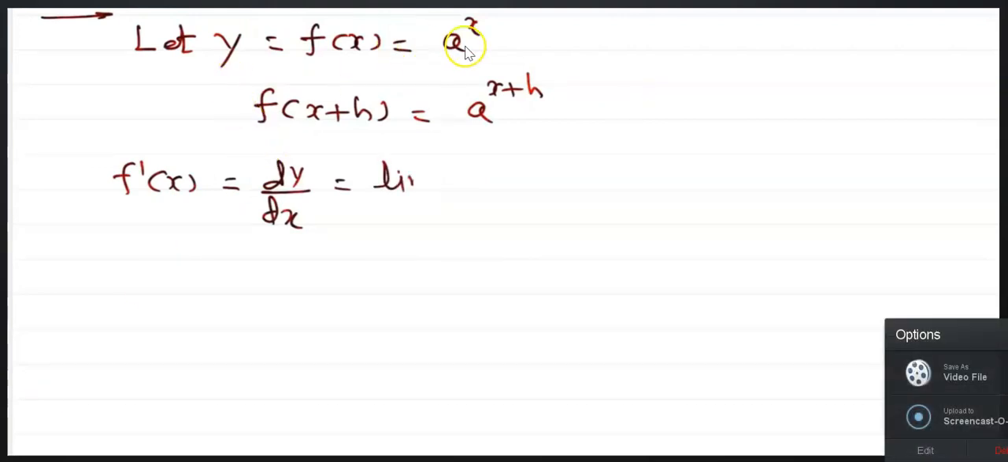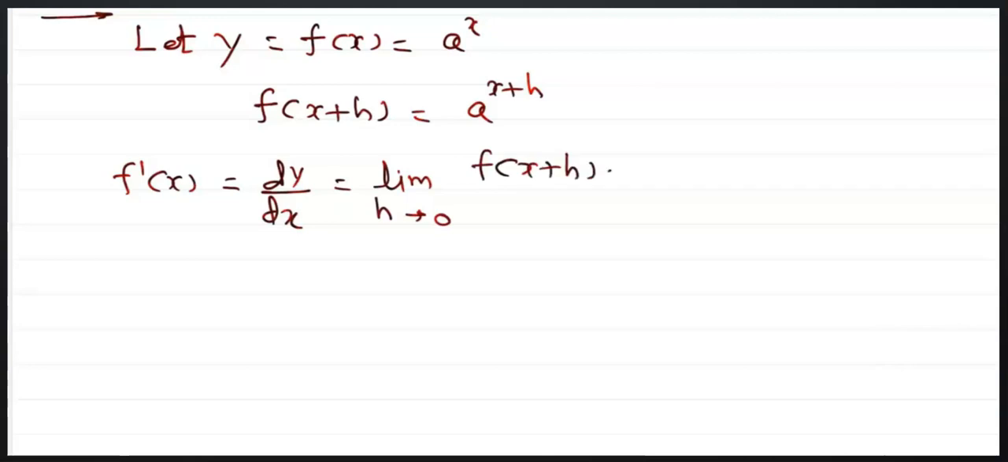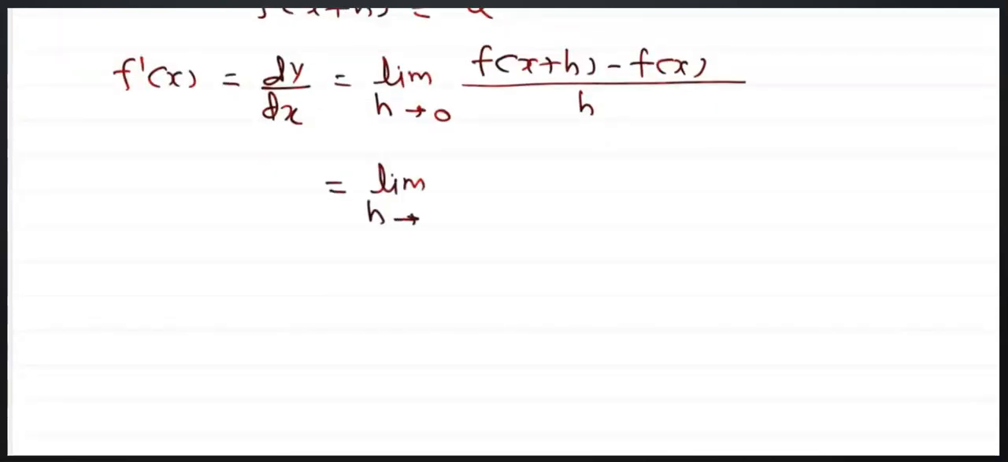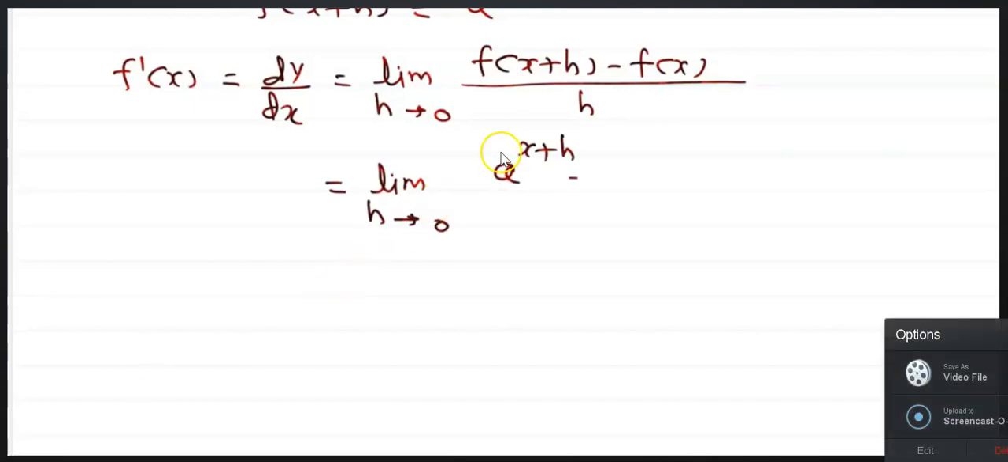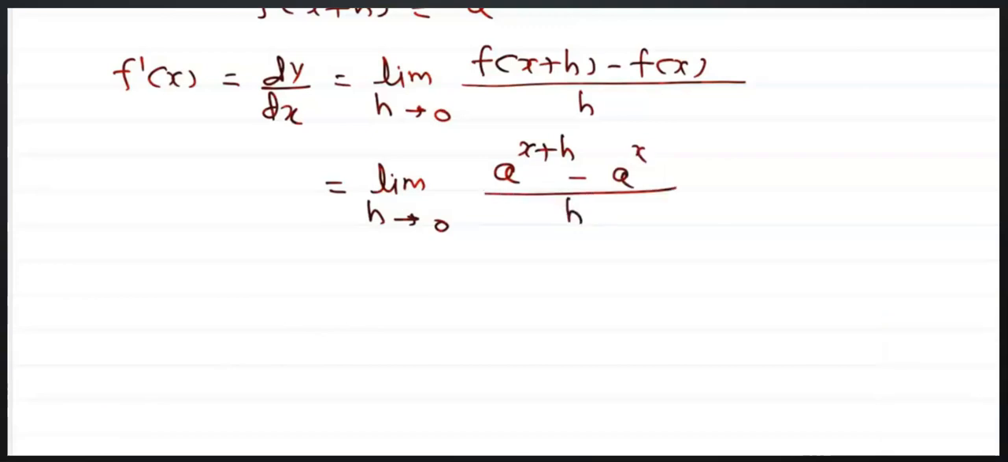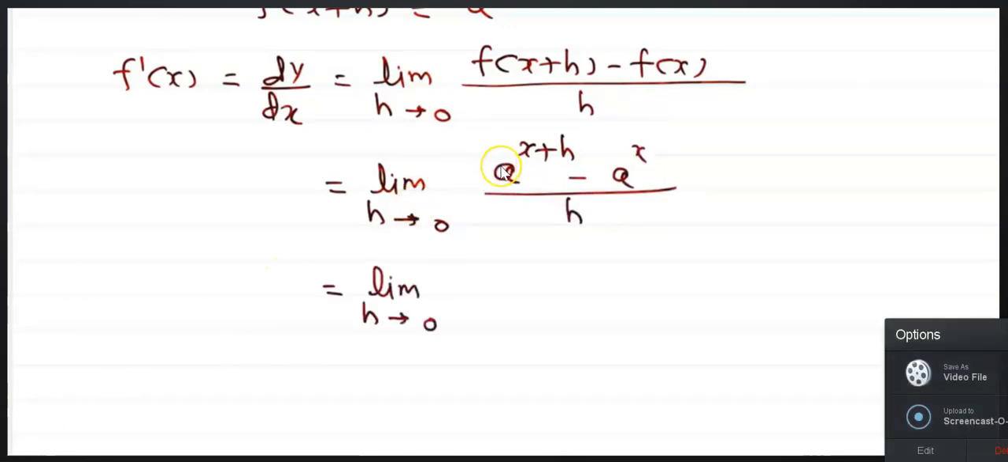Y is equal to f of x is equal to a raised to x. Then what is f of (x plus h)? It is equal to a raised to (x plus h). Therefore, f dash of x is equal to dy by dx is equal to limit h tends to 0 of f of (x plus h) minus f of x upon h. Therefore, limit h tends to 0 of a raised to (x plus h) minus a raised to x upon h. Now here we'll take a raised to x common from these two terms. Therefore, you will get a raised to x in bracket a raised to h minus 1